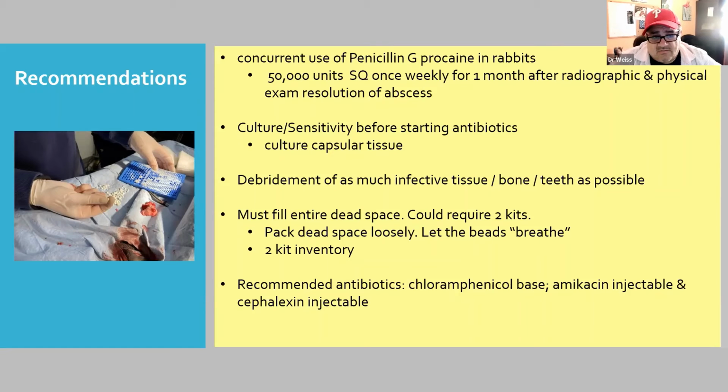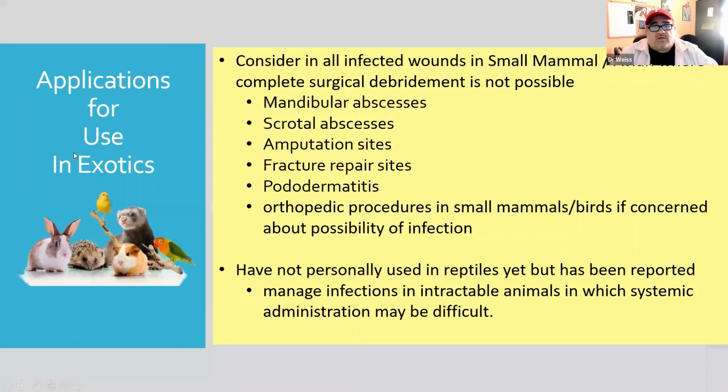Jesse has a pharmacy that will send you vials, 500 milligram or 1 gram vials of sterile chloramphenicol base powder. So you want to consider using this in all infected wounds in small mammals and in birds where complete surgical debridement is not possible. Mandibular abscesses, we've been referred some scrotal abscesses, people that are neutering guinea pigs and not